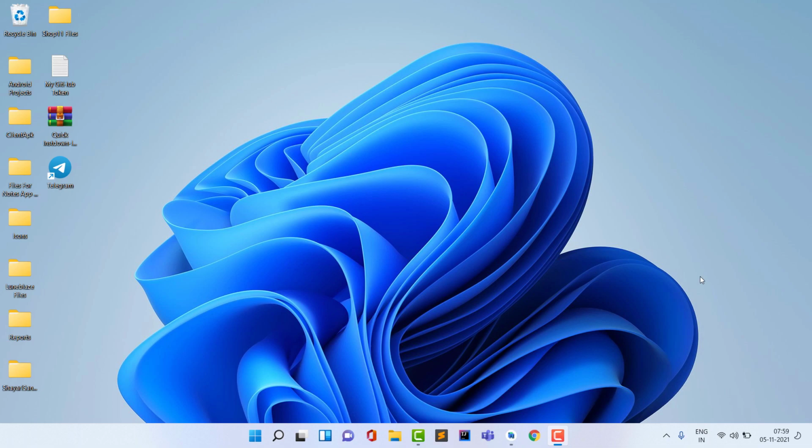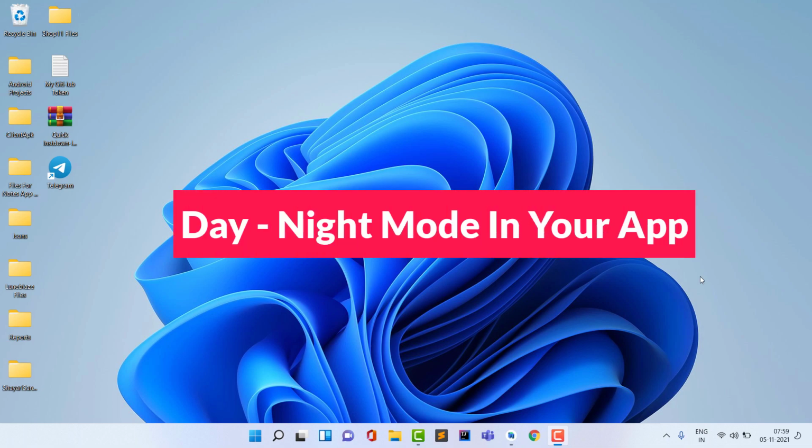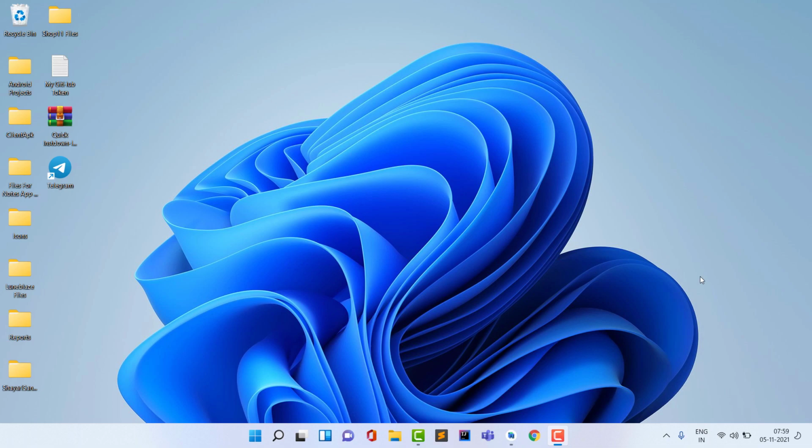So in this video, we are going to see how to implement dark mode in your Android application. You may see lots of applications on the Play Store which implement both day mode and dark mode, but how are they able to manage this in such big applications? They know a super efficient solution for this. In this video, I am going to tell you a super efficient solution by which you can achieve dark mode in your application by writing just a few lines of code.